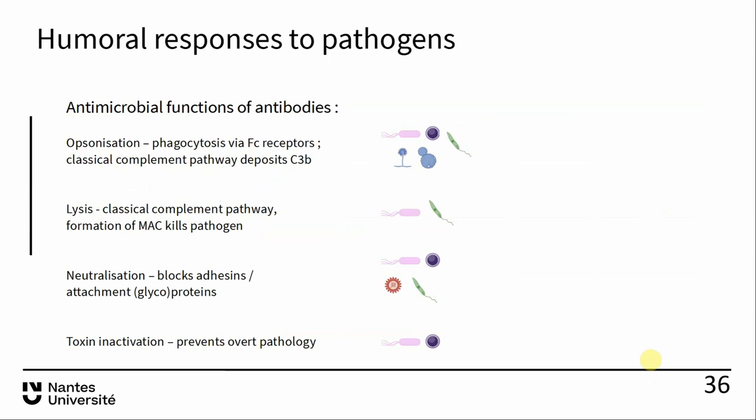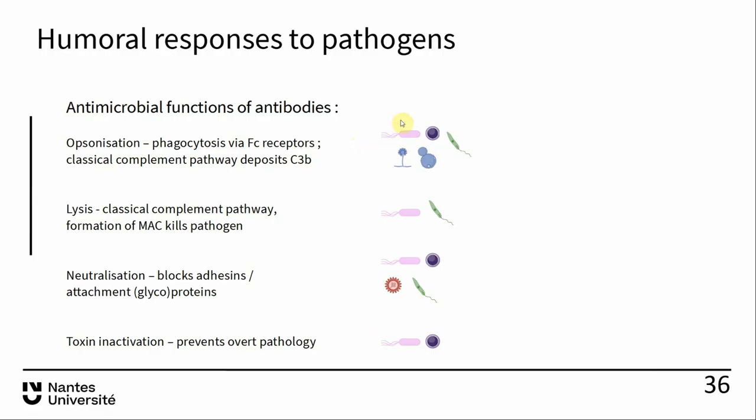So how do antibodies inactivate or kill pathogens? There are different mechanisms involved. One of them is opsonization. The antibody is going to bind to the surface of the pathogen, and then it can induce phagocytosis by mononuclear phagocytes or neutrophils via the Fc receptors or by the deposition of complement. So this is very important for immunity against